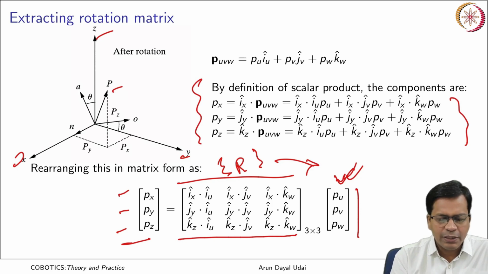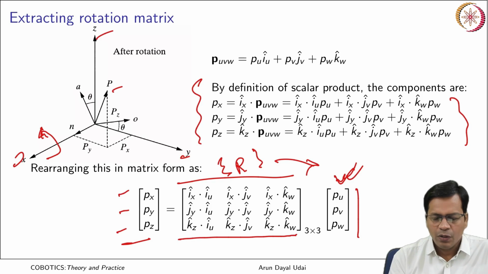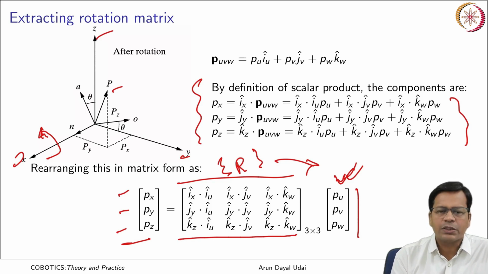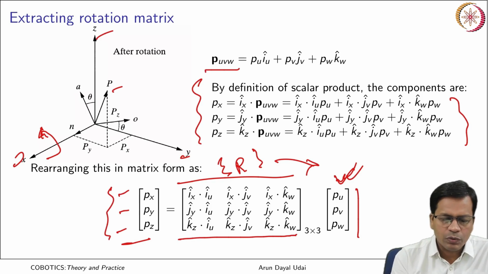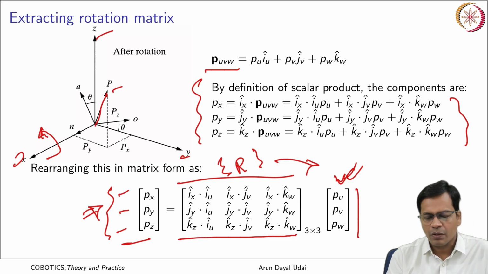I made it explicitly along the x axis so as to explain it, but yes, this can be a combined rotation about x, y and z axis, anything. So this becomes the general rotation matrix, which is an operator applied to PUVW to give you the new projection of the vector P. So this is the vector after rotation, it gave me the projections along x, y and z. Effectively, this is the new vector after rotation.